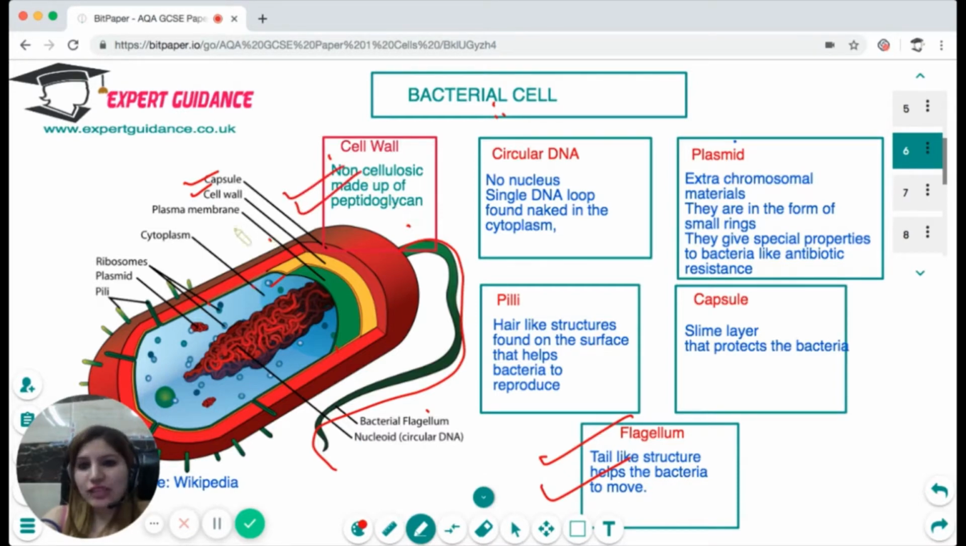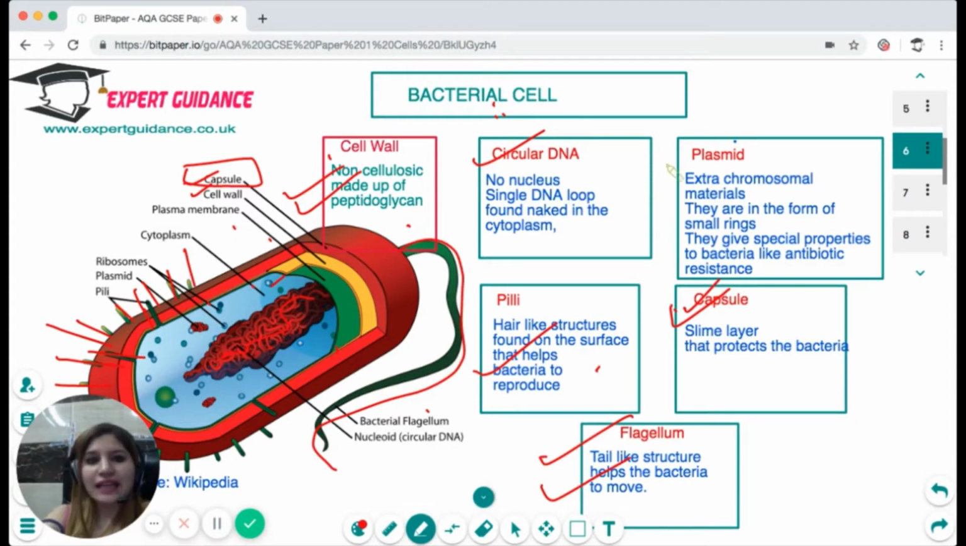Then outside the cell wall, you see a slimy layer, which is a capsule, and this capsule protects the bacteria. And you also see some hair-like structures outside this cell wall. These appendages help the bacteria to reproduce. Okay. Then, since it has no nucleus, the DNA is circular and it is found naked in the cytoplasm,